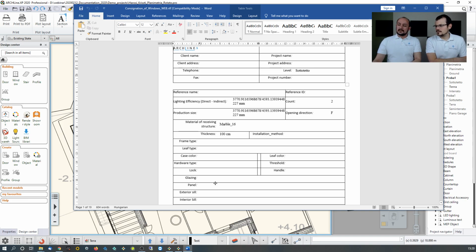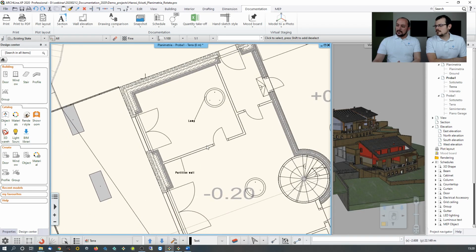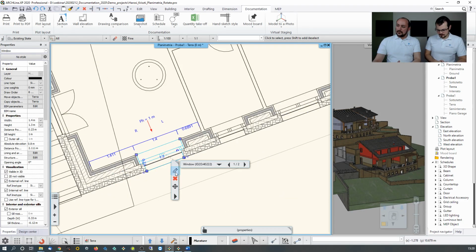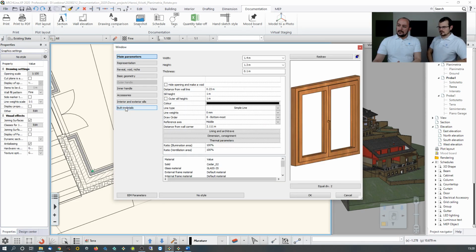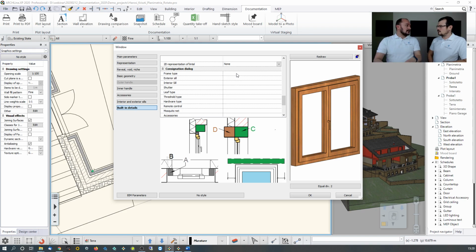Now this type of information that I can find here, those are all the bin values that you can fill up with the window. And there are others, like for example, when you select any of those windows here, let's just go here and you go to the properties and you go to the built-in details, you will be able to find other options like frame type, exterior seal, and so on. Those are values that you just type a text there, which later you would like to see in